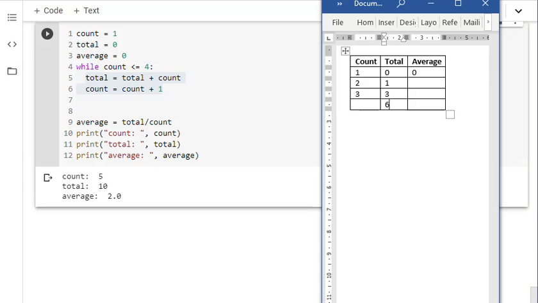and now we come back here and we increment count once more, and it becomes 4. We come back up here. Is it less than or equal to 4? Well, it's not less than 4, but it is equal to 4. So this statement remains true. So we come over here and we come to line 5 again, and total equals total plus count, so 6 plus 4 equals 10, and we enter 10 into here, and we increment this to 5,